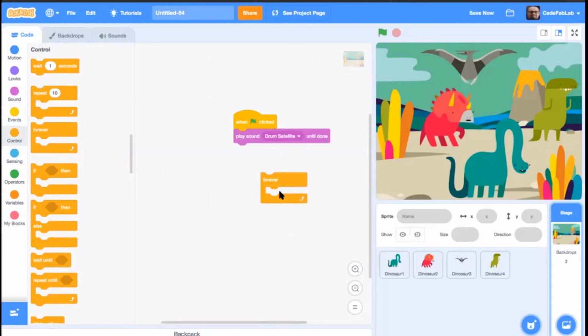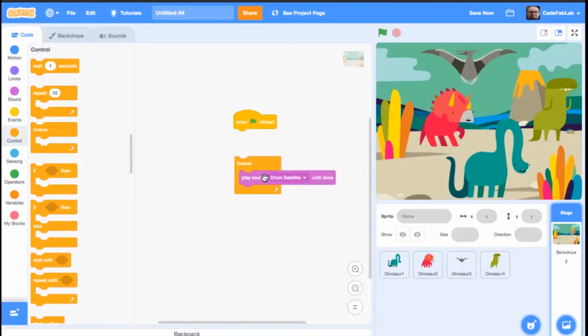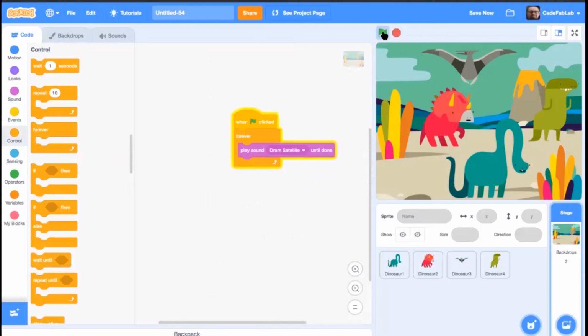This is called a loop, and that's because when you put code inside of it, like a sandwich, it loops over whatever it's containing. So whatever this thing goes around, it will loop all the way down and then back up to the very top again for the entire time this code is running, forever, until we stop it. It'll actually loop this over and over again. So now when we click the green flag, it will play that over and over again, allowing us